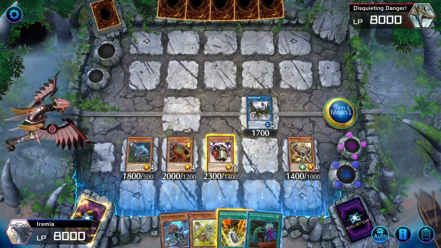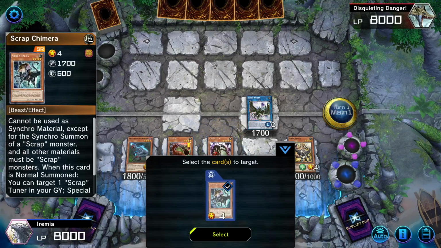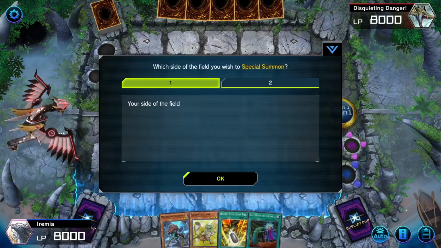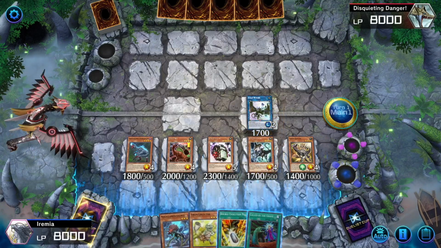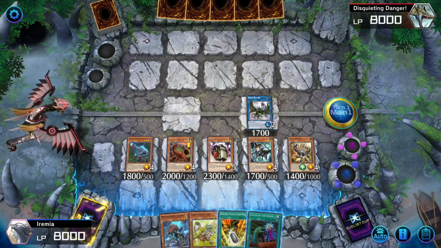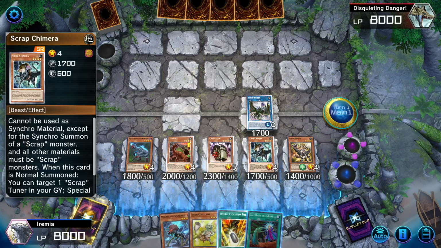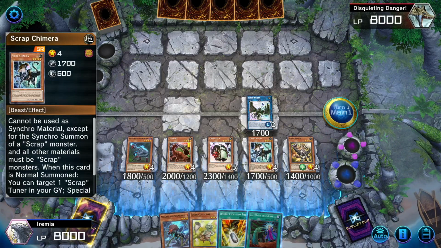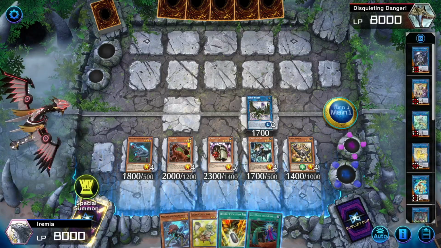Alright, so what we want to do here is use Scrap Golem to summon back Scrap Chimera. This is where the combo kind of deviates from using Halq, but Golem gives us an extra monster on board because it summons back one of our two scrap monsters, and that lets us keep playing the game and get into pretty much the exact same board we had when we were using Halq. So what we want to do now